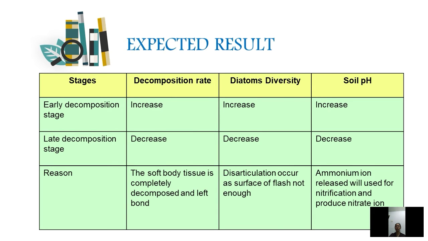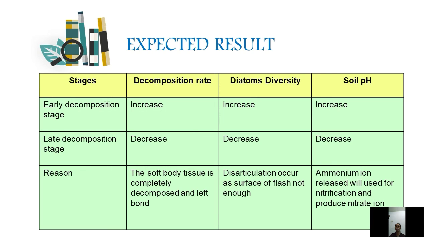The expected results of this research are that the decomposition rate, diatoms diversity, and soil pH will increase in early decomposition stage and decrease in late decomposition stage. The reason the decomposition rate decreases is because the soft body tissue is completely decomposed in early decomposition stage and only bone is left. This causes the diatoms diversity to decrease as the surface area of flesh decreases and